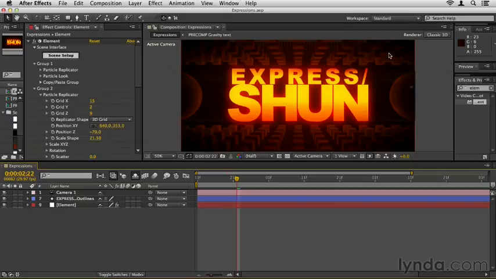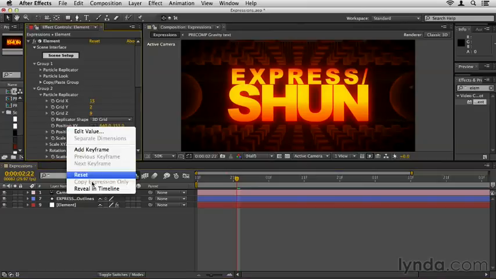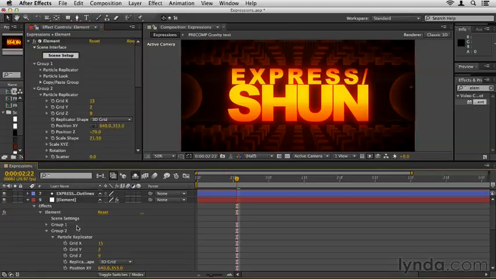That's actually group 2, all those little blocks, the cubes. And then I have group 1, which are the spheres here. And then I have a separate shape layer with my text on it. So what I want to be able to do is control my text with my cubes, the ones on group 2. So if I right-click in group 2 and right-click on position XY and choose reveal in timeline, I will